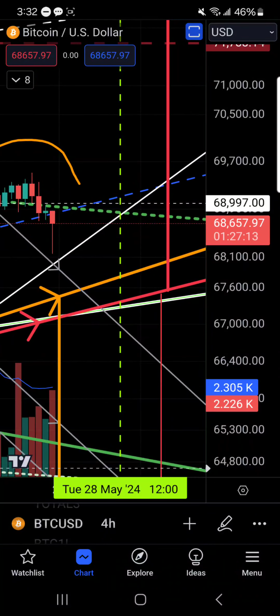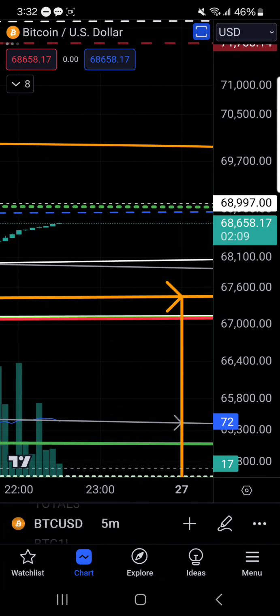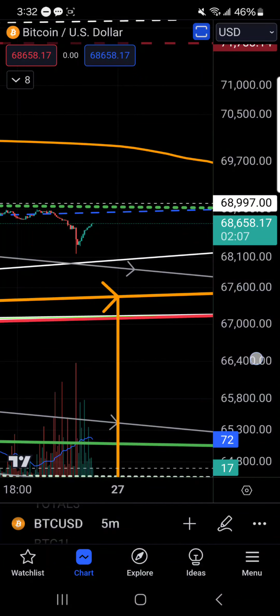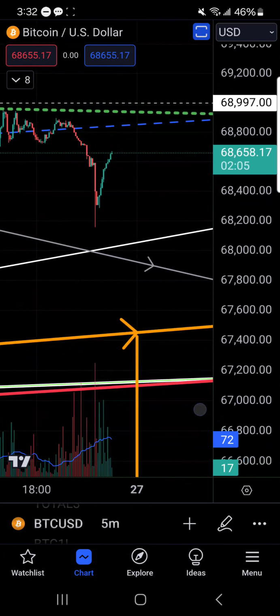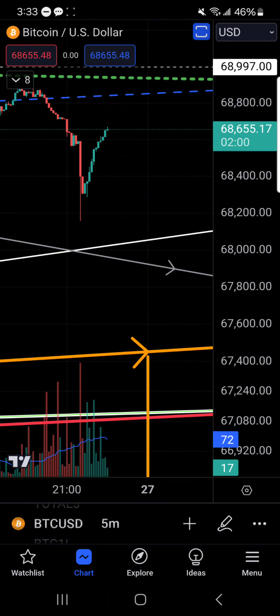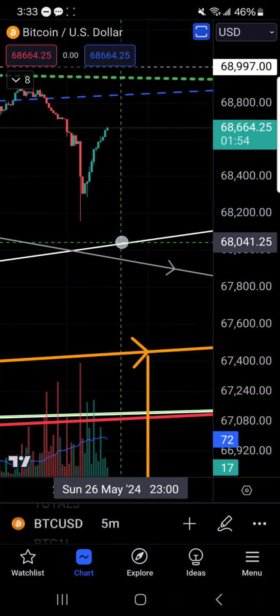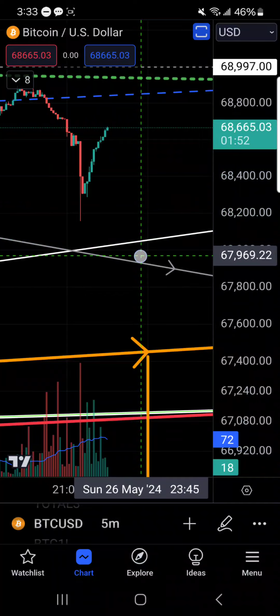And as we're watching, this is moving up pretty nicely. Let's go on a 5-minute chart and see what's going on. Yeah, we're coming up little by little by little. But so often I see it when we do come up little by little like that, then all of a sudden you get that big dump. And that's those whales trying to mess with you.